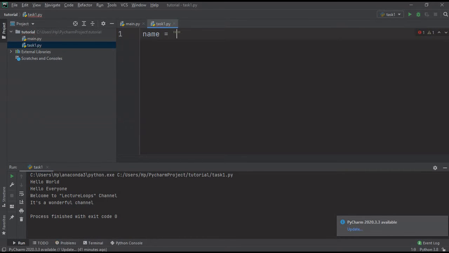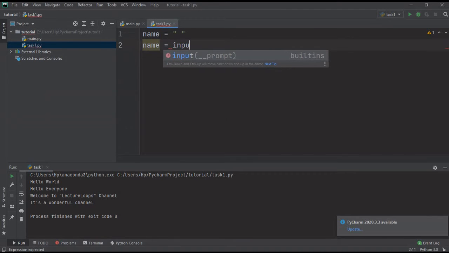For that I'm initializing it. Initialization is actually assigning the first value to any variable. After that, what we have to do is use this input method like this.